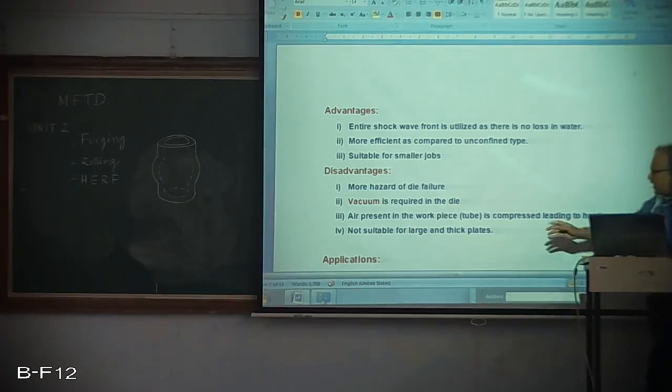So in the tube, whatever is the air which remains apart from the air used for the combustion of the charge, that leads to adiabatic heating, and it has to be taken care of. It is taken care of such that it is within the control, but heating is there. Okay, and it is not suitable for very large and very thick